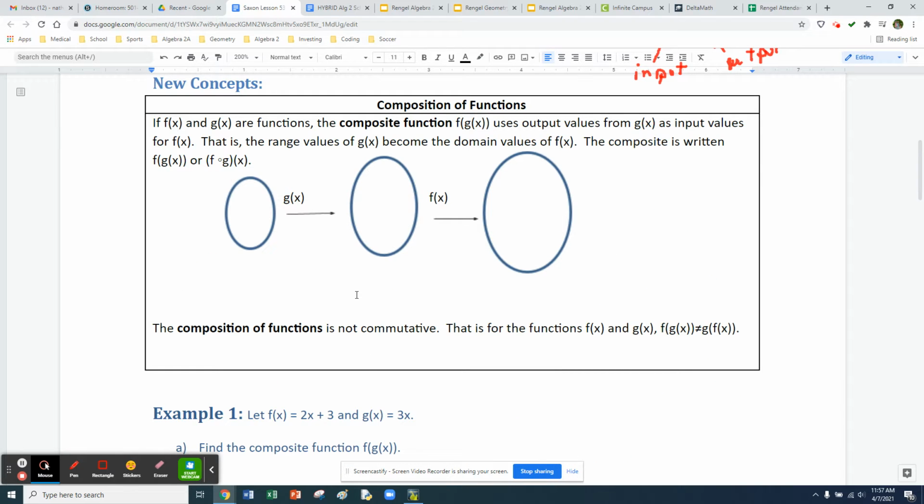Today our learning target is to apply and evaluate a composition of functions. A composition of functions is evaluating two functions in succession. So evaluating a function, finding an output, and then that output becomes the input into our second function. So how the sequencing works is